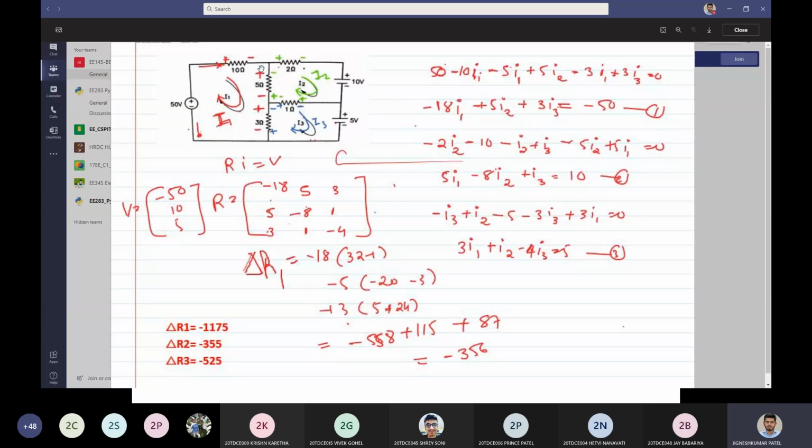So first I'll consider this side. Due to I1, that would be minus 5 I1. And due to the current I2, now I am traveling in this way, negative to positive. That's why I'll write plus 5 I2. Keep in mind this is not I1, this is I2, because it is appearing due to current in the neighboring loop. That's why I have to write plus 5 I2. Same way here I have to write minus 3 I1 and plus 3 I3. Okay, so this is how we get the equation.